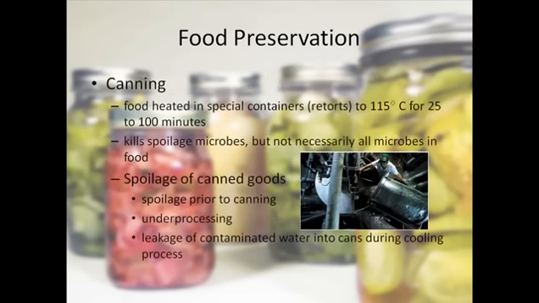We can use high vacuum canning to prevent spoilage, because via the canning process we are heating that food to about 115 degrees Celsius to 125 degrees Celsius. That is really dangerous to spoilage microbes, but not necessarily all microbes can be killed via this canning process. But if we use this canning process, we have high temperature treatment. Also we have the anaerobic treatment. In this anaerobic treatment, some of the anaerobic microbes can still grow, but most of the aerobic microorganisms cannot grow in these situations.